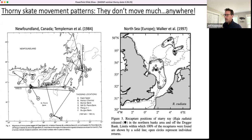In a study, I believe in the 70s, off Newfoundland, the largest distance they observed a skate moving over a decade was 100 kilometers. Same thing within the North Sea. It was pretty localized movements over multiple year recaptures. So it's kind of the same story throughout thorny skate's range in that there's not a lot of movement exhibited